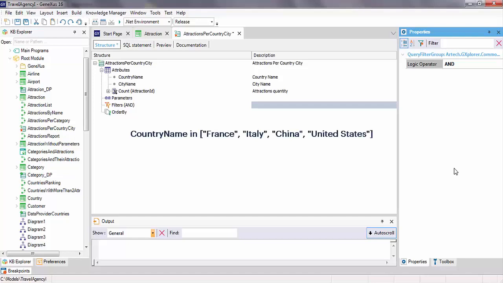Another example is country name, which is a list of values to query, for example, the cities of France, Italy, China, and the United States. In this example, we'll define the query for the cities of France and China. So we type